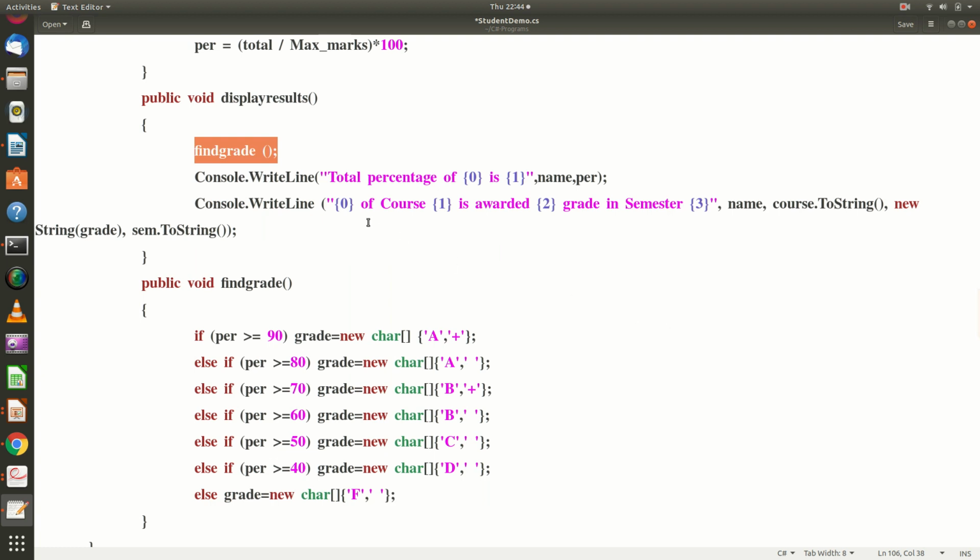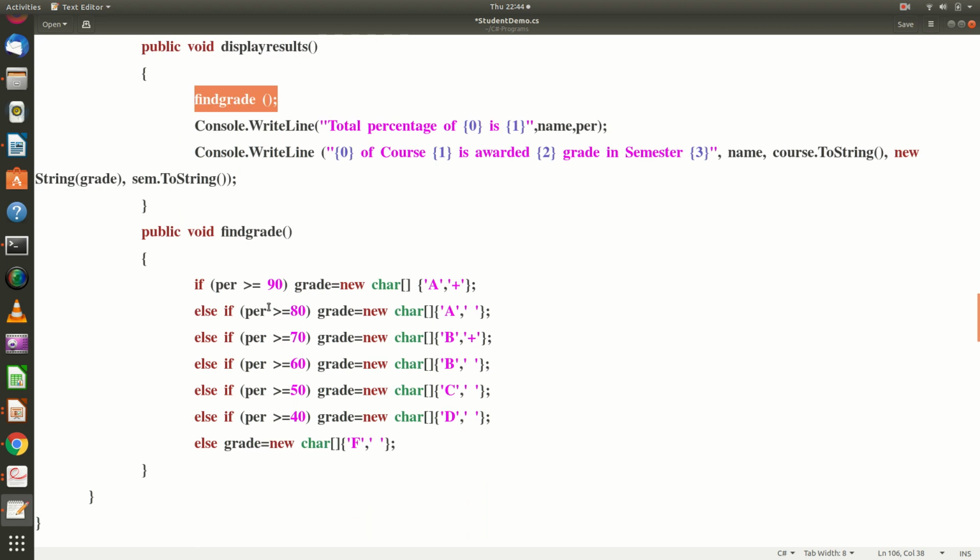So this will be displaying something like this: total percentage of, if the name is given as Amrita, total percentage of Amrita is, and the percentage will be displayed. Then it will say Amrita of course BCA is awarded A plus grade in semester 2. Like that it will be displaying the result. And you have the find grade method defined in the interface, which is to be implemented here.